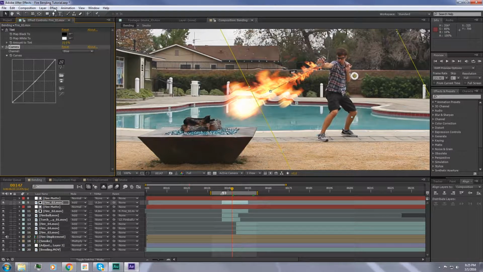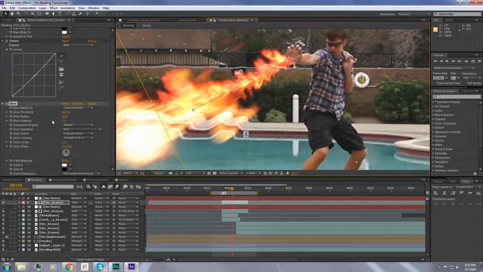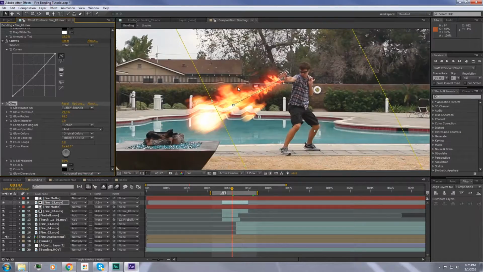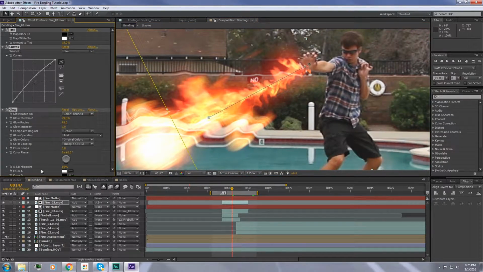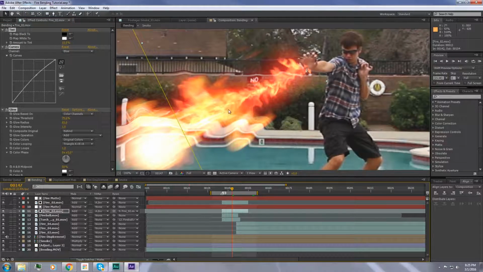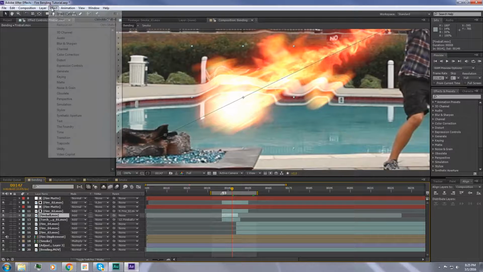Pull out just a little blue. Effect, stylize, glow. Do something like that for now. Take all these, Control C, Control V, paste that to our other fire, and then we'll go to our fireball,